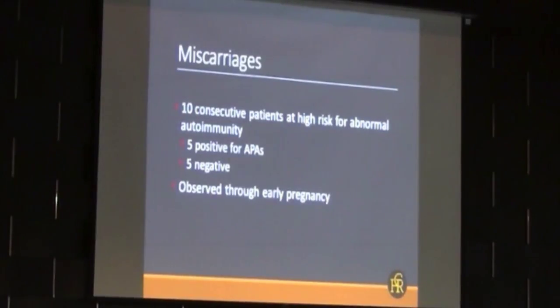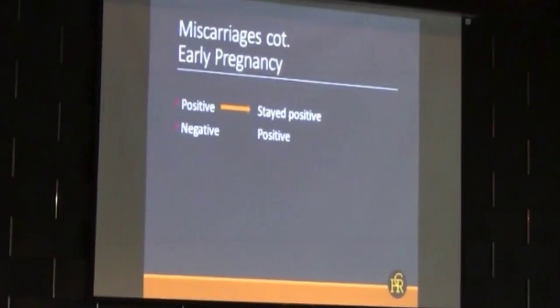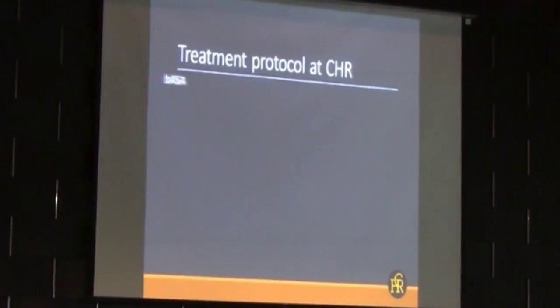So if a patient has an autoimmune history, even if she's negative prior to pregnancy, she has a very high likelihood that as soon as implantation takes place, she will become abnormal. And this switch occurs before you even have a positive pregnancy test, as we learned in this study. In other words, the autoimmune abnormalities show before day 10 to 12 after implantation. And this is what I've just told you.